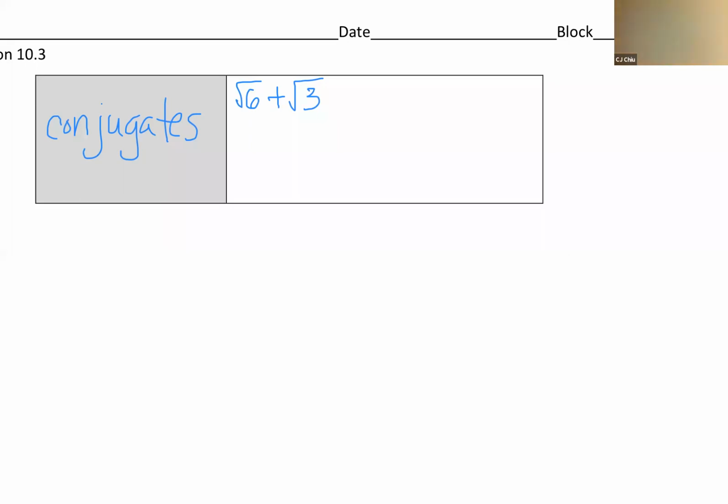So if it's addition, you change it to subtraction. And if it's subtraction, you change it to addition. And this is only for addition, subtraction. So square root of 6 plus square root of 3, square root of 6 minus square root of 3, these are conjugates of each other. Why do we like this? Well, if we multiply conjugates together,